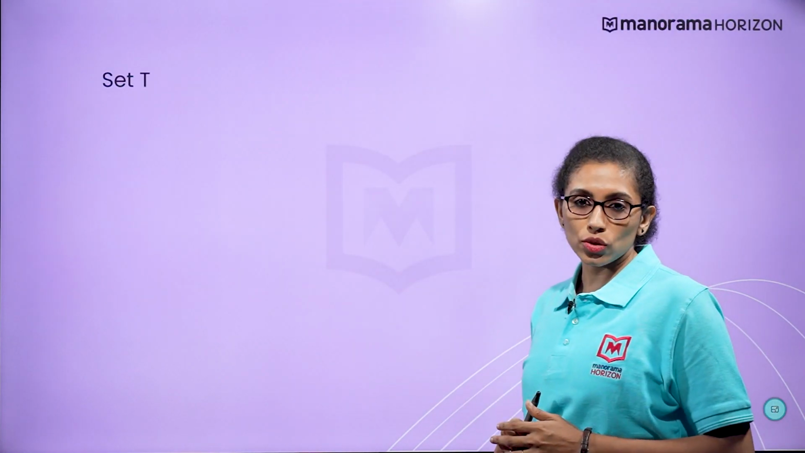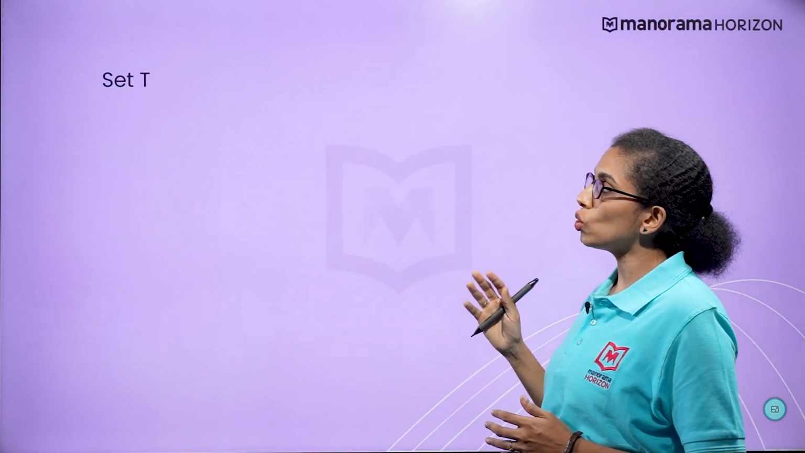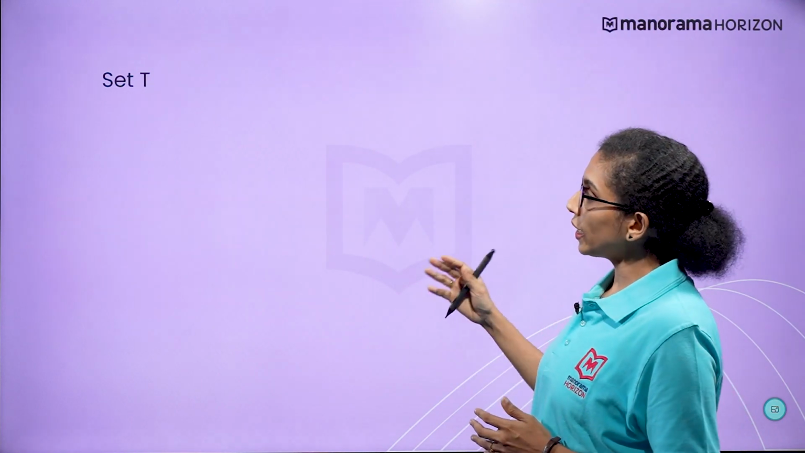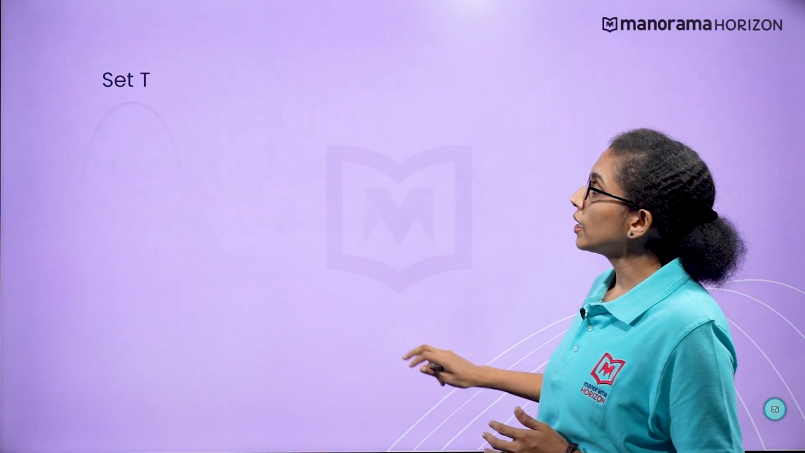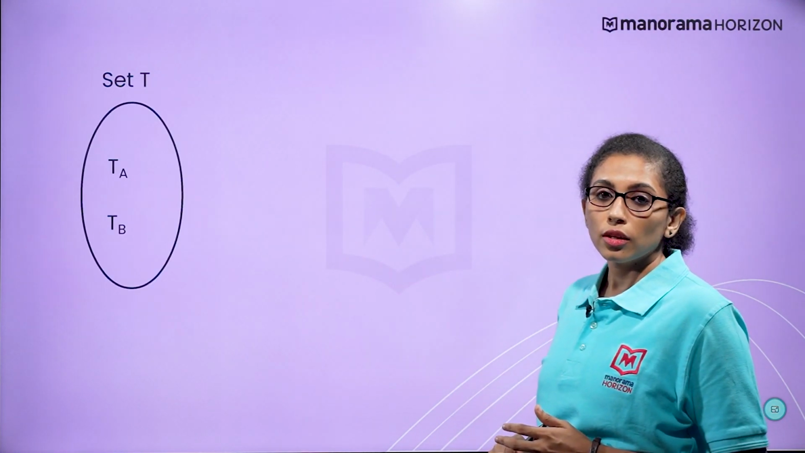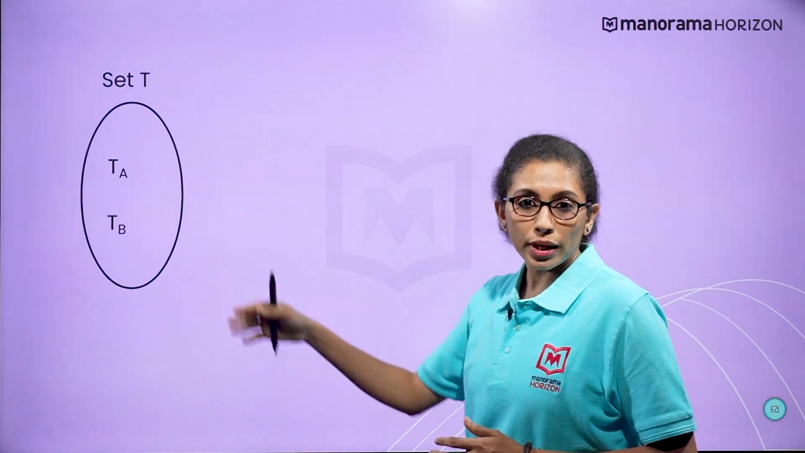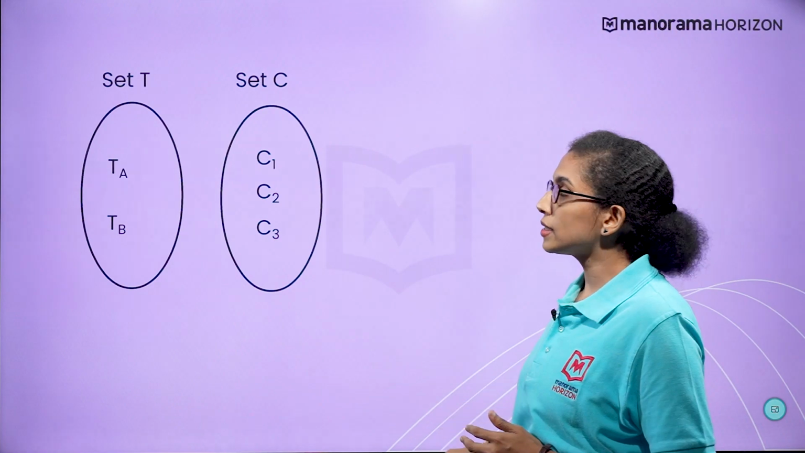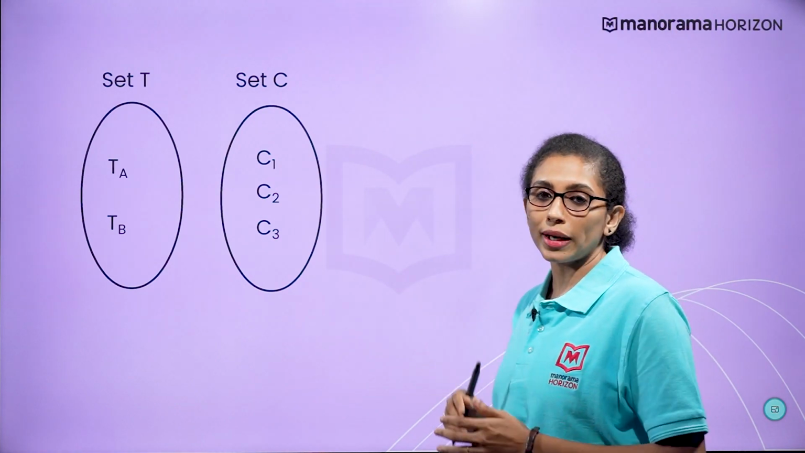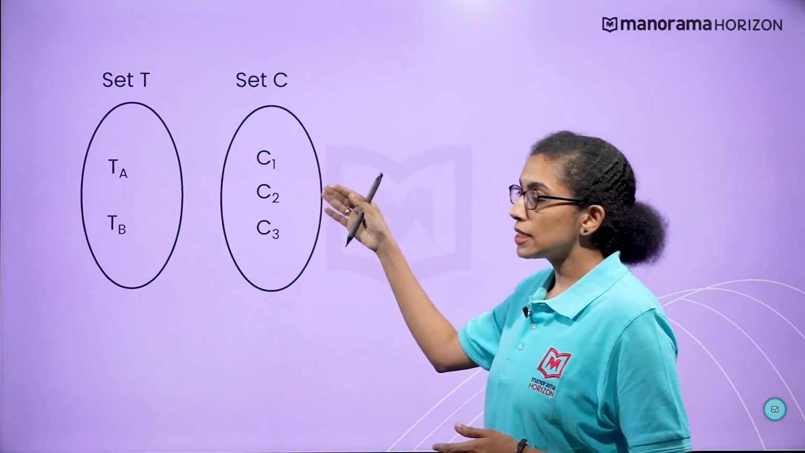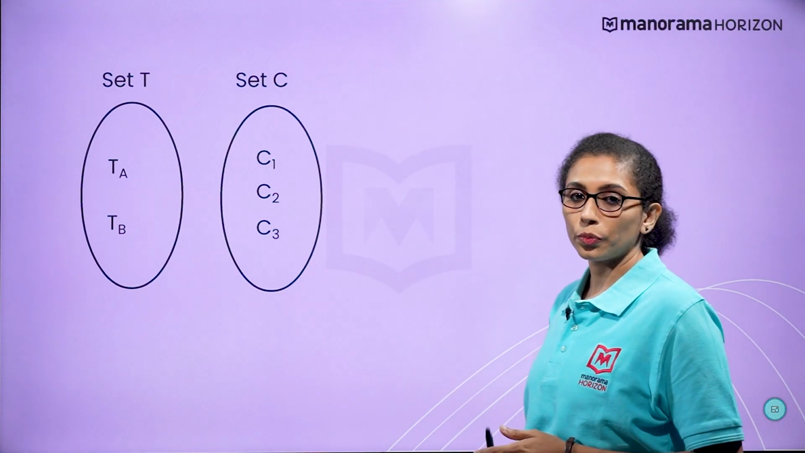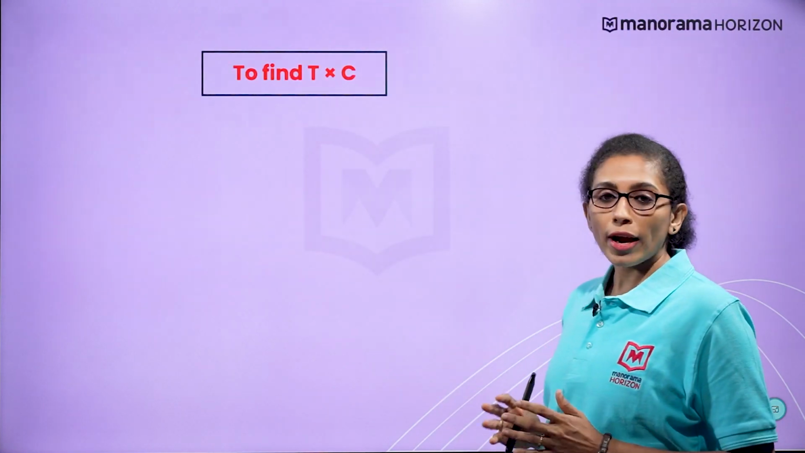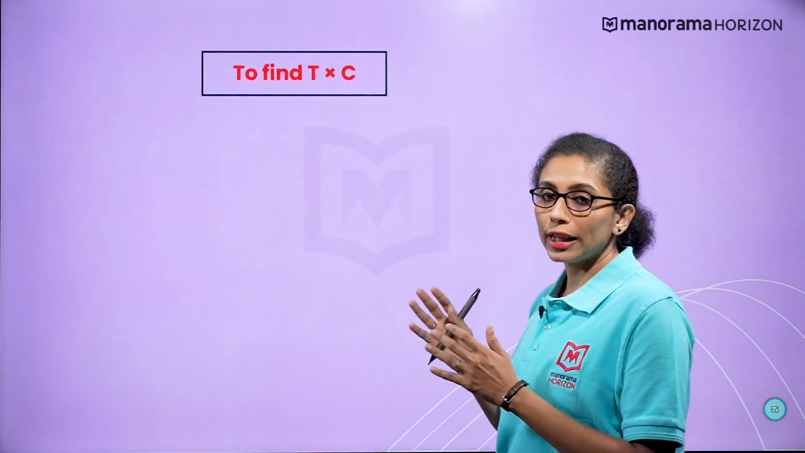As a final illustration, consider two sets. Set T represents the set of teachers TA and TB. Set C represents the set of courses taught by teachers: C1, C2, C3. To find the Cartesian product of T cross C,